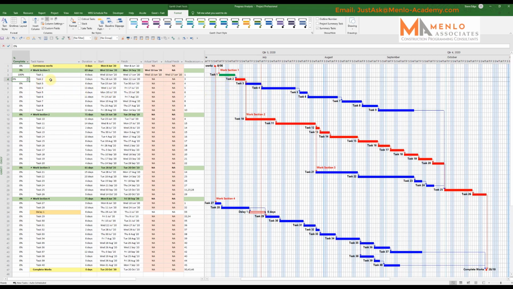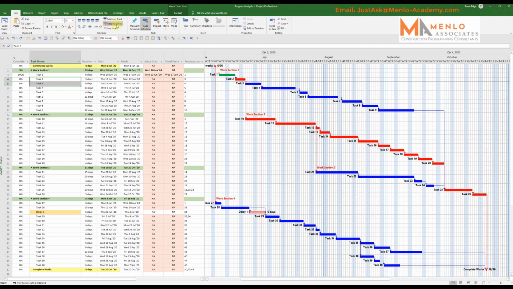Now I can use mark on track to update this rather than just typing 100%. I go into Task, Mark on Track, and you see it fills it in as if it started and finished when it was supposed to, which pretty much for this scenario, if we're saying that this is 100%, it already is. Now, if I mark this one as being marked on track,